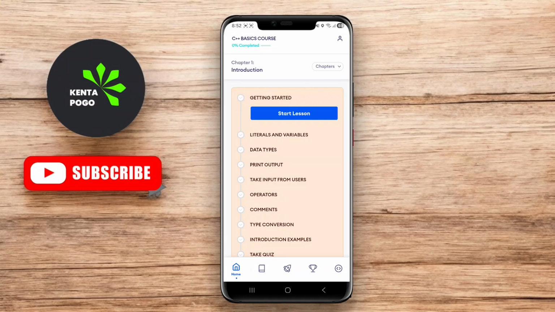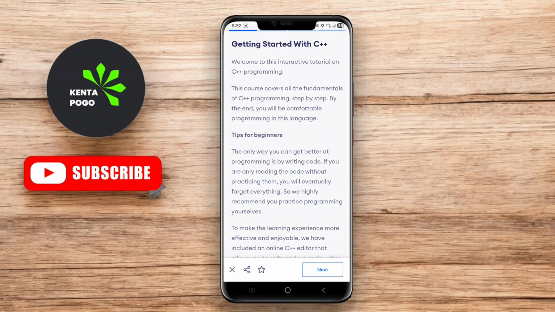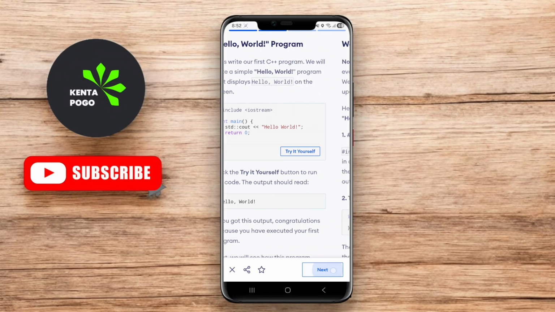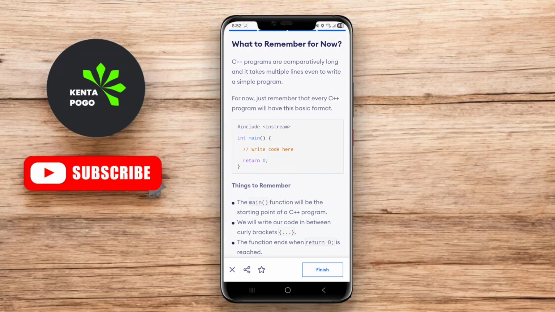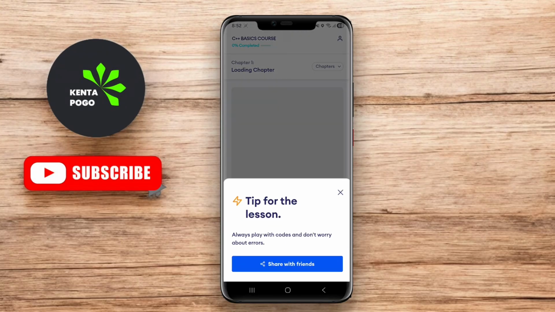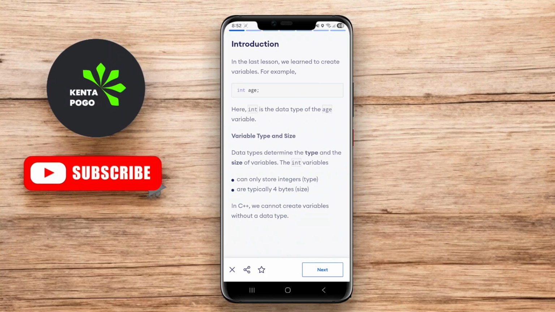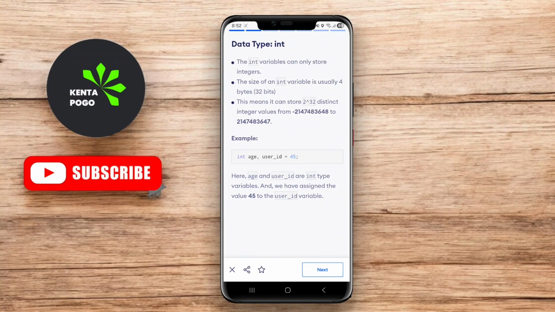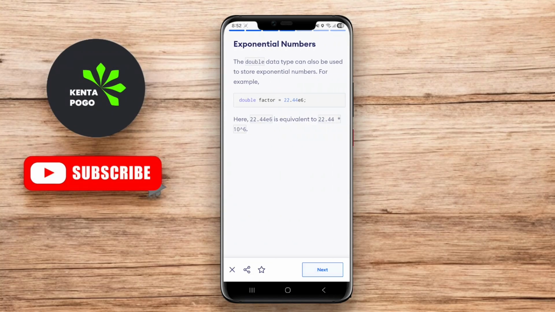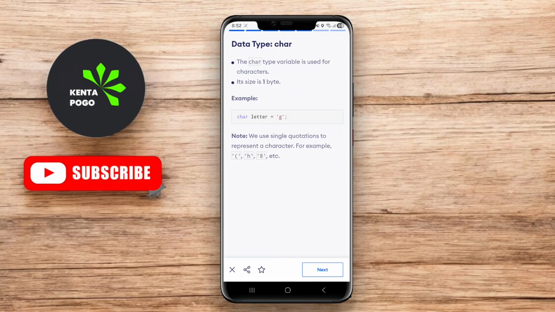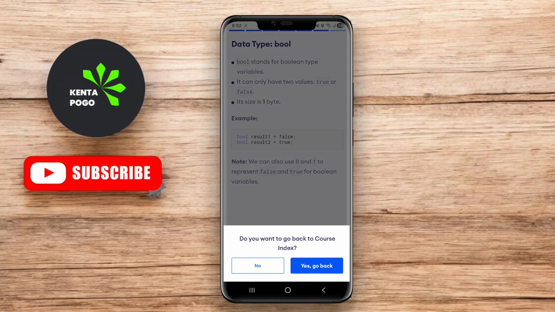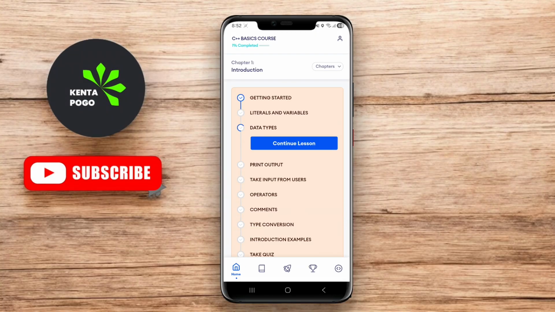Learn C++ is an Android application designed to help users learn and master the C++ programming language. This app is particularly beneficial for beginners and those looking to enhance their programming skills, offering a structured and interactive approach to learning. Key features typically include a comprehensive curriculum that covers fundamental concepts, such as data types, control structures,